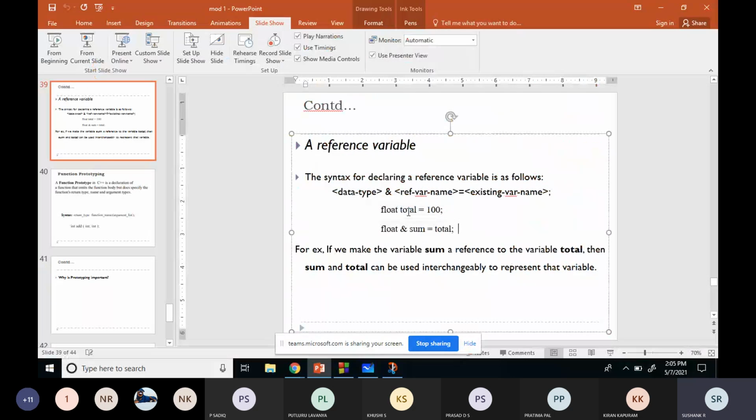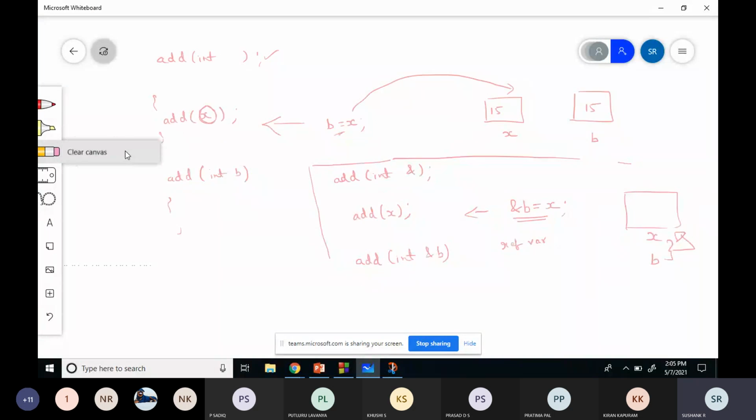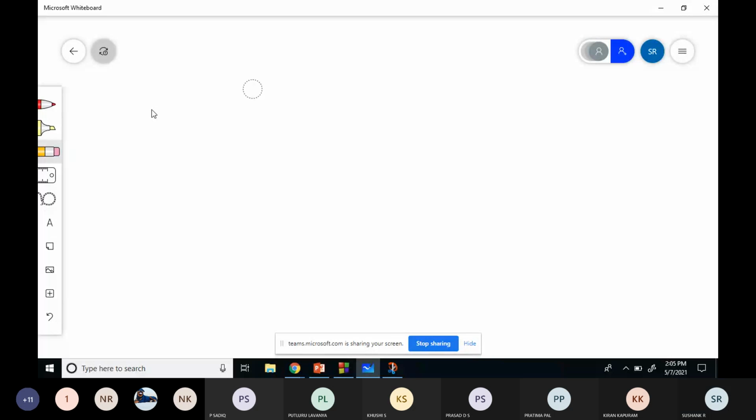See, previously I told you that there will be one variable called sum. Then I'll write it as ampersand total is equal to sum. So here I can give some value, 150. So now total and sum will point to the same location.